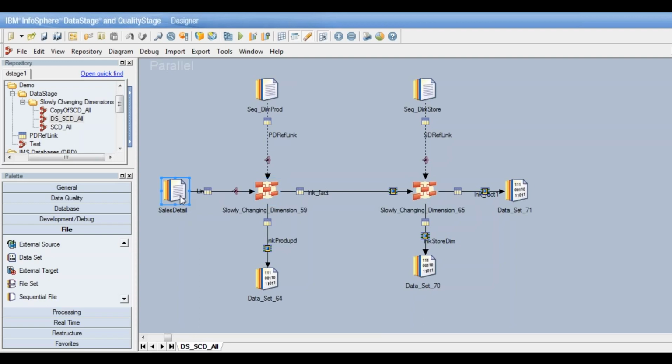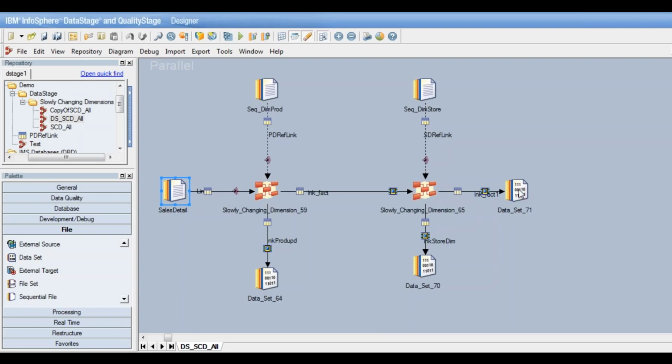So this sales detail, this is OLTP data or the source data. This will not be a fact table because we need to create surrogate keys and dimension tables only when we are updating the data in the dimension that is coming from the source. We'll never be doing it the other way around. We'll not be updating the dimension tables through the fact tables. Oh, okay. So that data set 71 at the end.